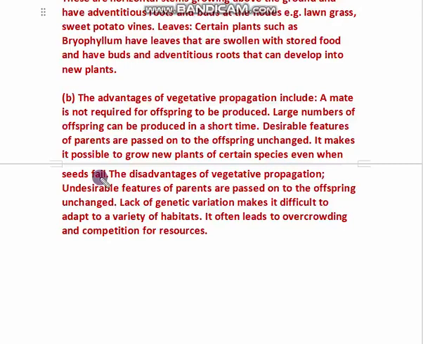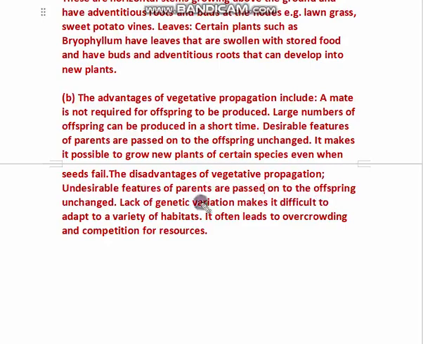So the advantages and the disadvantages of reproduction in plants are the same as the advantages and disadvantages of vegetative propagation, because vegetative propagation is another form or type of non-sexual reproduction which falls under it. Alright. Then here are the disadvantages of vegetative propagation, which include: undesirable features of parents are passed on